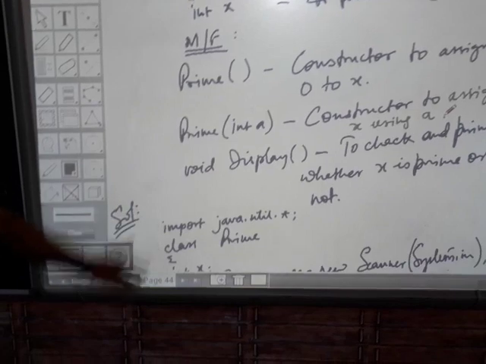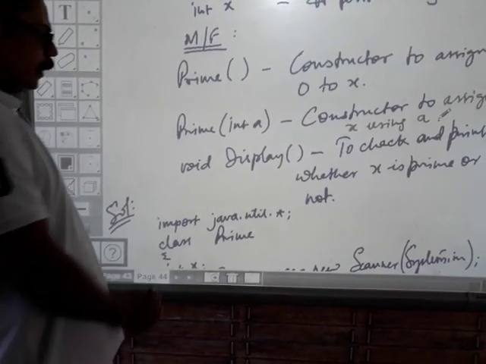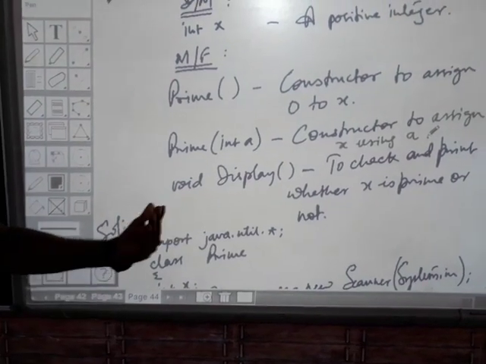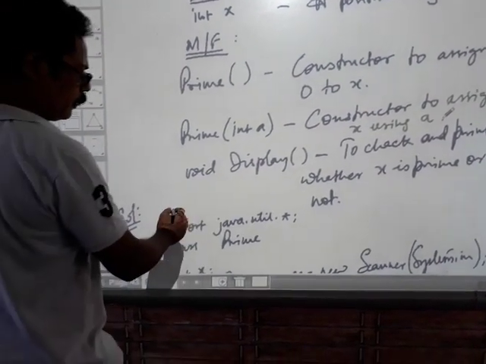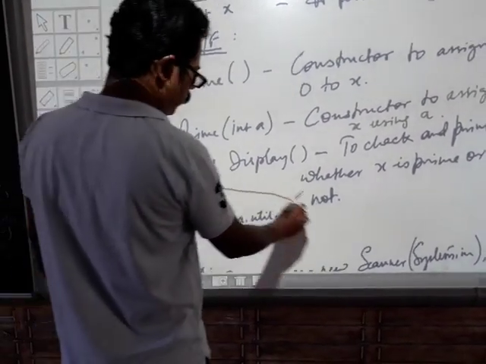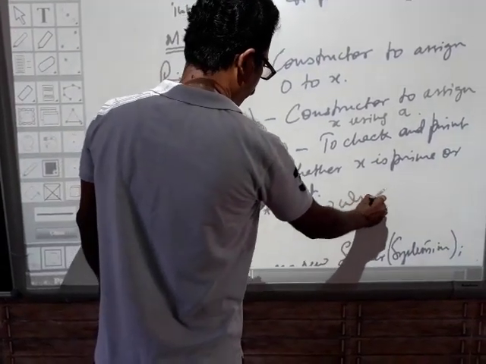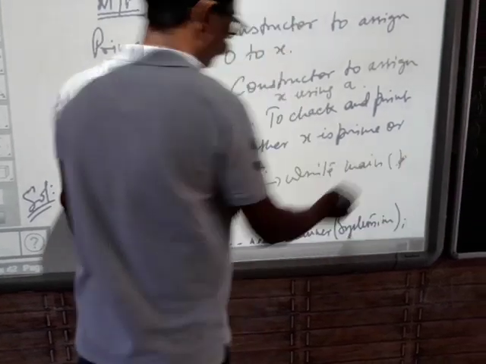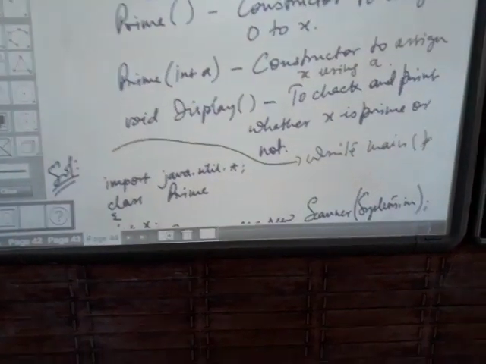And then you write the main method. Because there is a parameterized constructor, we have to write a main method. Whether it is given or not, it's always advisable to write the main method. But I am writing it down for you, I am specifying it so that you can understand better. So write the main method. Let's see the solution here.